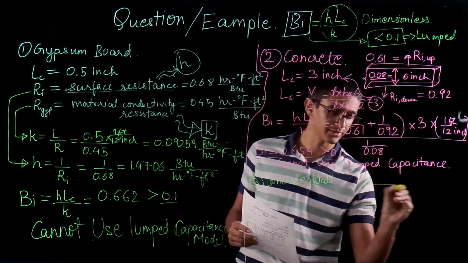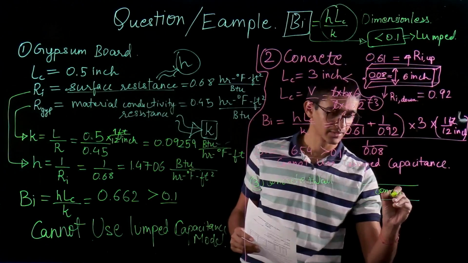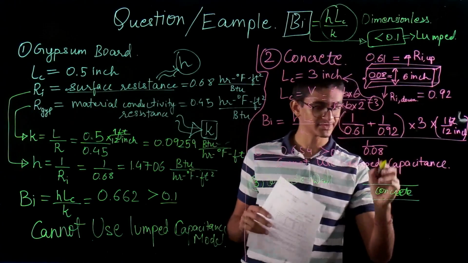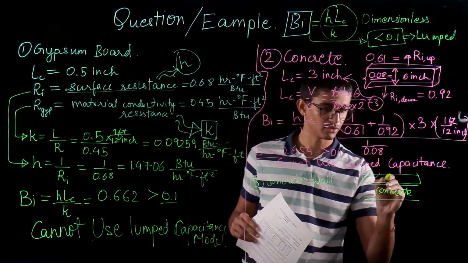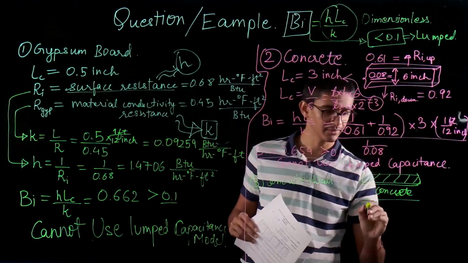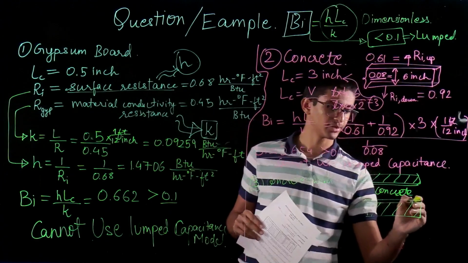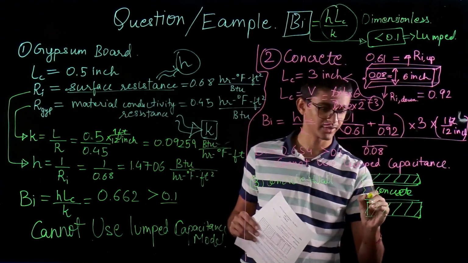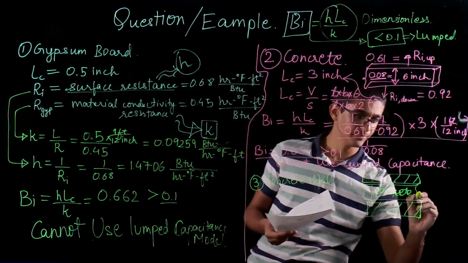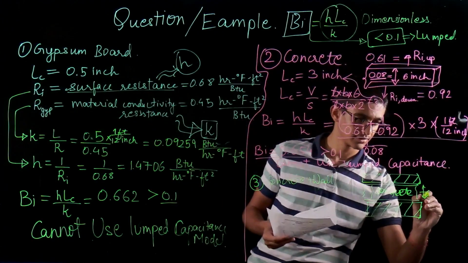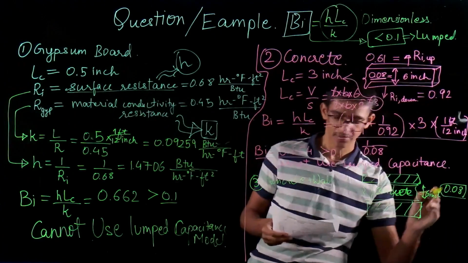So what we have right now is the concrete, and to simplify, let's assume my walls are horizontal. So this is one of the walls on top of my concrete slab, and this is another wall which is on the bottom of my concrete slab, and this is my concrete slab. And the properties of my concrete slab remain the same. This is 6 inch and 0.08 as my resistance value, but